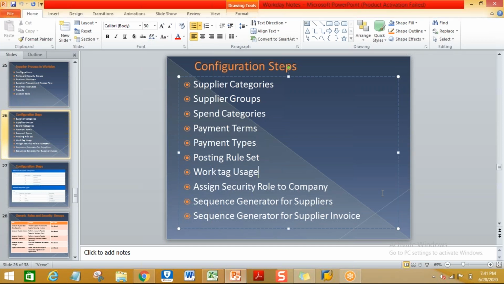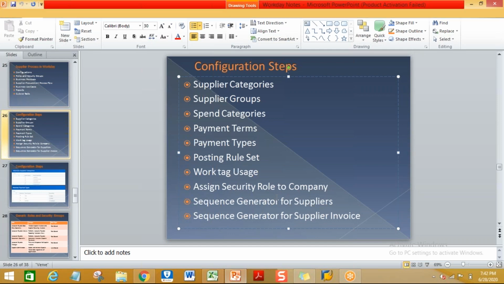Let's say if you take the supplier invoice, only the accounts payable analyst has to post as per the business requirement, or the accounts payable manager can post it. So based on that, you have to maintain the roles at each company level. The list of roles also the business will share. As a consultant, you have to configure it as per the business requirement.